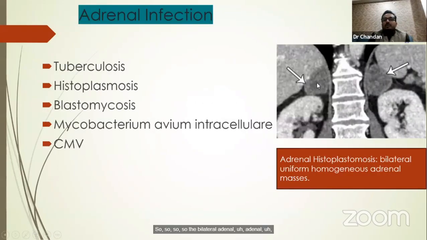Bilateral adrenal involvement is also seen with tuberculosis, histoplasmosis, blastomycosis, Mycobacterium avium intracellulare, and cytomegalovirus. Tuberculosis and histoplasmosis are the most frequent diseases encountered in our day-to-day practice. In the acute phase, histoplasmosis and tuberculosis appear as well-defined heterogeneous lesions involving